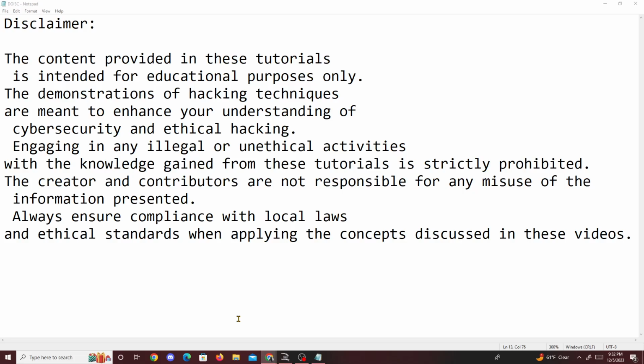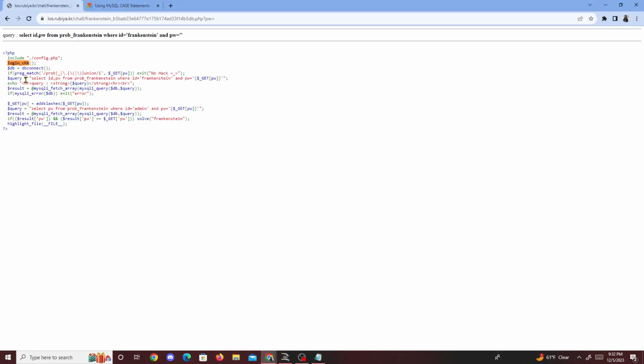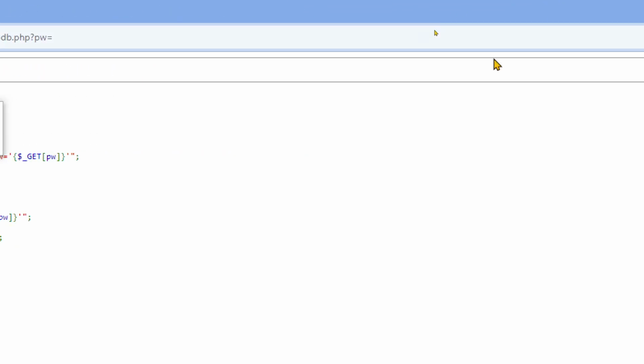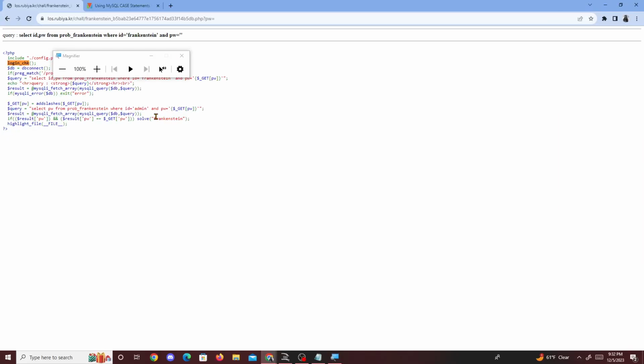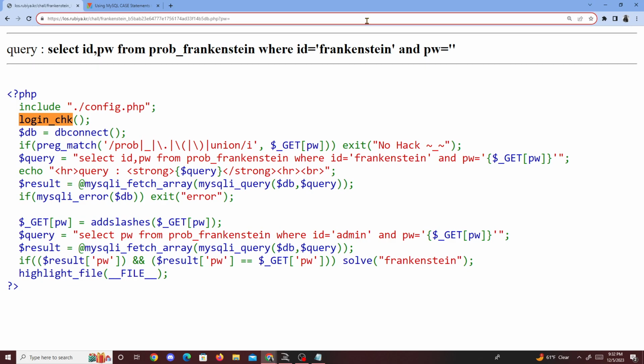So today's challenge is called Frankenstein, which is a Lord of SQLI challenge. We're going to be doing another Lord of SQLI challenge, and this time it's called Frankenstein, like I said before. This challenge is a bit different for the most part because